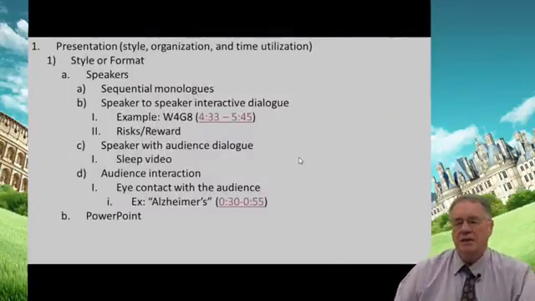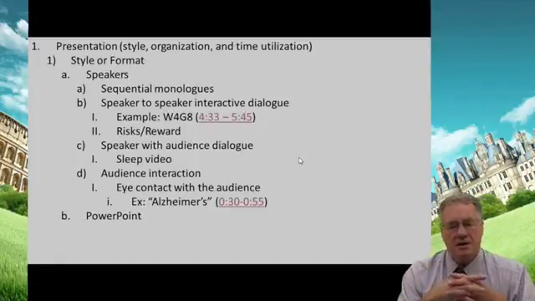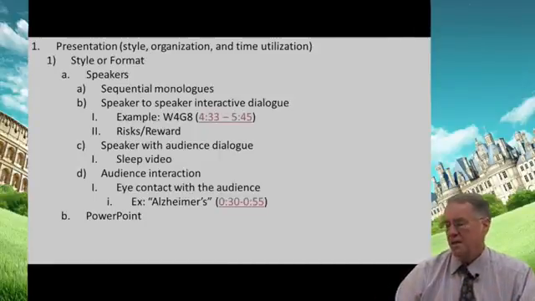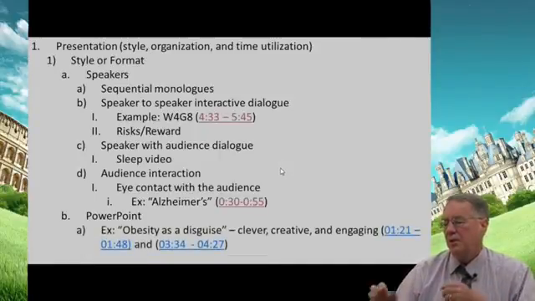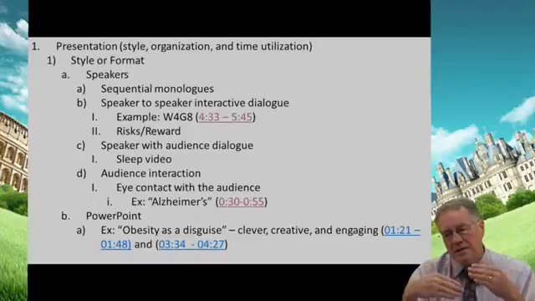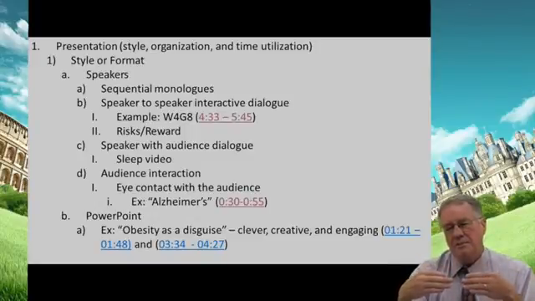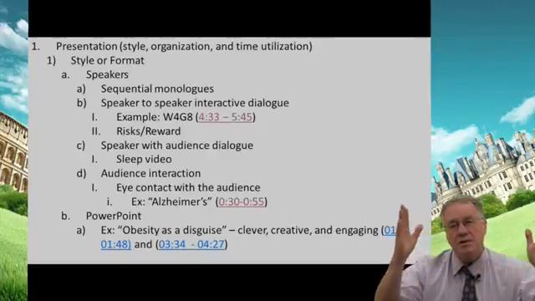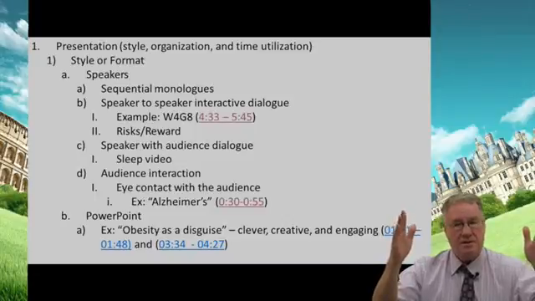The second feature that I thought was important in all of the presentation was the utilization of the PowerPoint. Some of the PowerPoints were very creative, they were very engaging, and they captured the attention of the audience. Other PowerPoint presentations put so much information up on the screen that it was difficult for